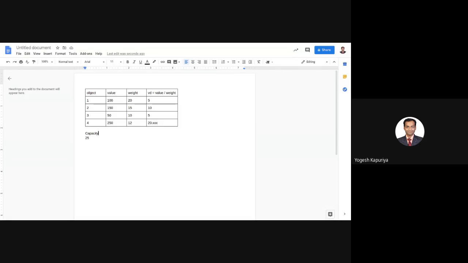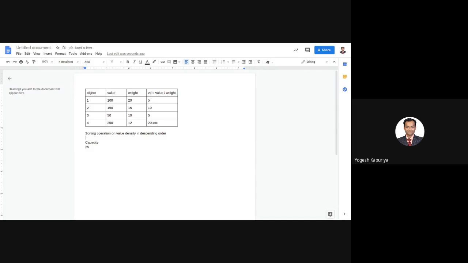So ultimately what you are doing over here is performing a sorting operation on value density, in which order? Descending order. Right.